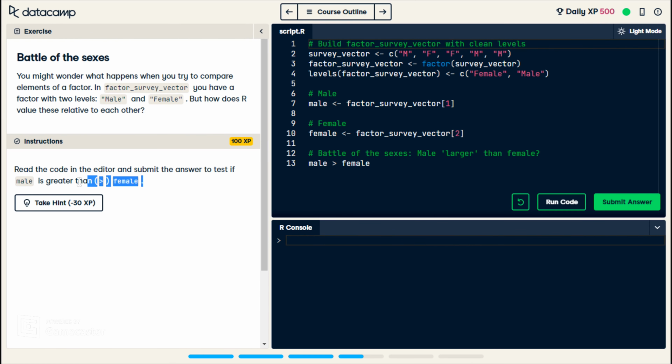Now, the instructions for this exercise say to read the code and then submit it to test if male is greater than female. So lines 2, 3, and 4 do the same thing we've been doing. We create a vector, we turn that into a factor, and then we assign levels. Lines 7 and 10 I'm confused about because if we print out factor survey vector, we've already seen that they print in alphabetical order, which means, in factor survey vector, the first level is female and the second level is male. Now I'm guessing we're pulling